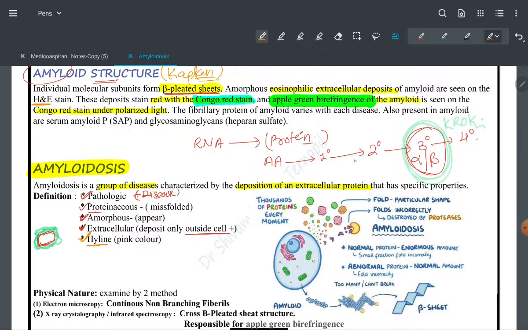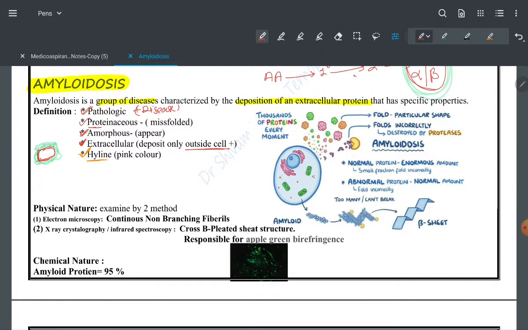This is a very beautiful diagram given by Osmosis. It is simply amyloid formation. Here, thousands of proteins are formed at every moment, that is the result. Here it is DNA, and from DNA the formation of RNA takes place. What is the process? The process is known as transcription. DNA to DNA is replication, and from DNA to RNA is transcription. From RNA to protein is translation. Okay. It is also important from the exam point of view, so keep it in mind.